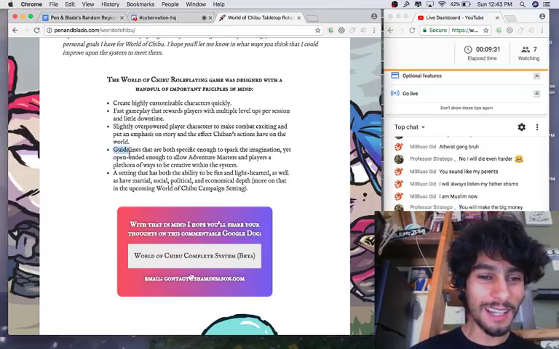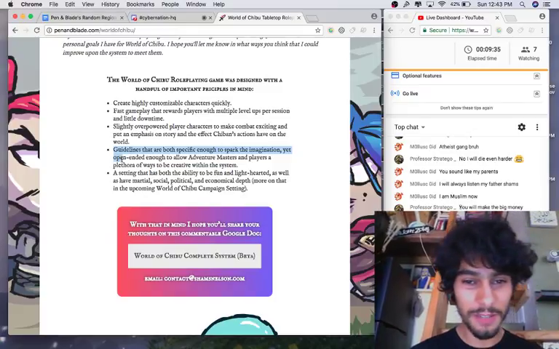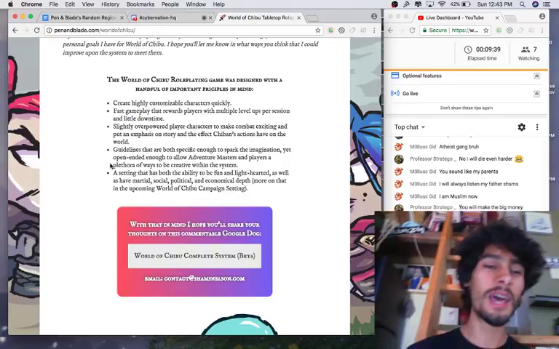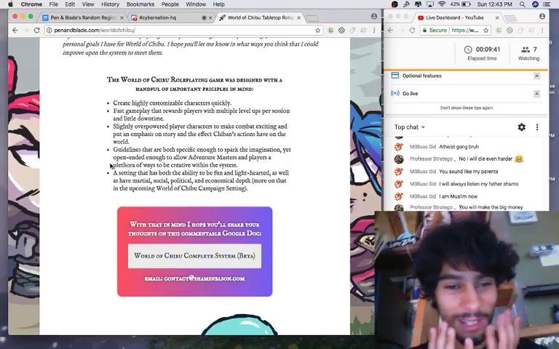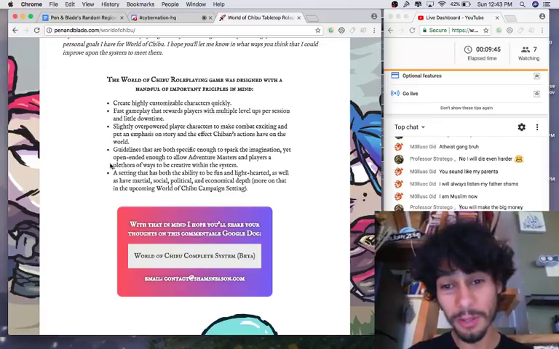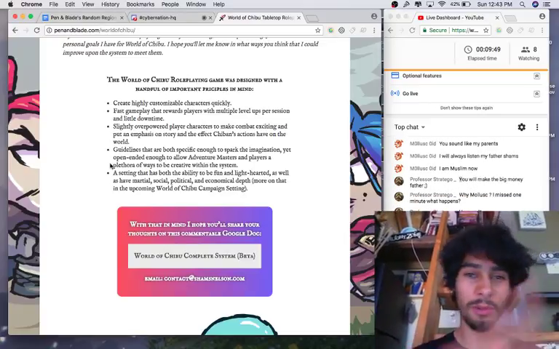Alright, we got guidelines. I'm not going to get too distracted. Next, we want guidelines that are both specific enough to spark imagination, yet open-ended enough to allow adventure masters and players a plethora of ways to be creative within the system. And this not only involves the world building, which I haven't really gotten to, that's going to be in a separate book, the campaign setting of World of Chibu, but in these